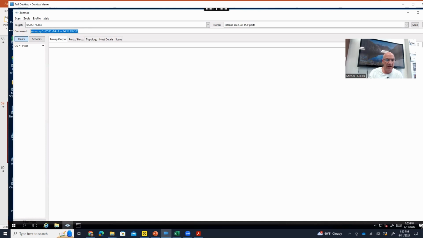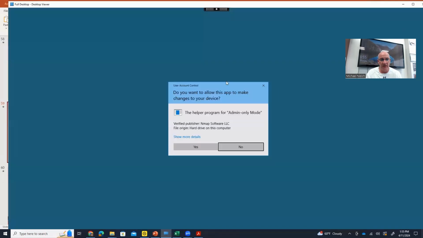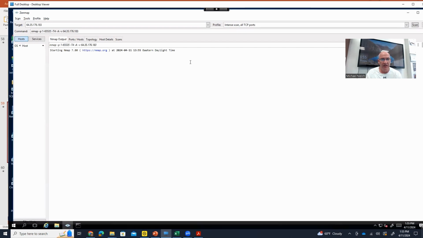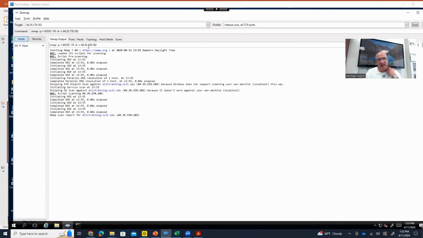This is the actual command that can be typed into the console mode, which is very useful because you don't always have your GUI; you might only have a command line interface if you're using certain systems. But this is an easy way to teach it in a session like this, and it also gives you the alternative console mode. If we run this scan and I click the scan button, it's going to ask for permission, which is fine. It's now going to run an intense scan on my network based on that IP address, and it's going to tell me